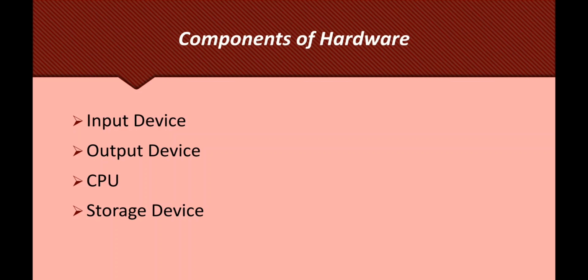Then your CPU, what is the CPU? CPU stands for central processing unit. It is a small chip inside the CPU box of the computer system. We know that the CPU is the brain of the computer system. Everything that happens, who does it? The CPU does, right? It performs all the functions and calculations. It also controls the other parts of the computer system.